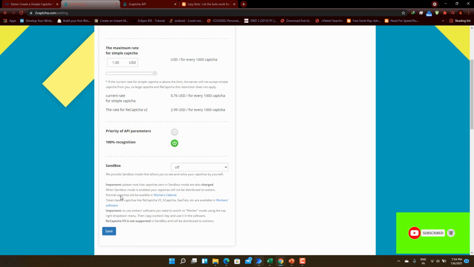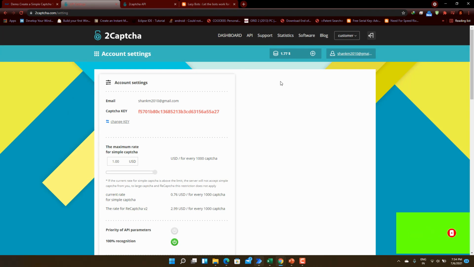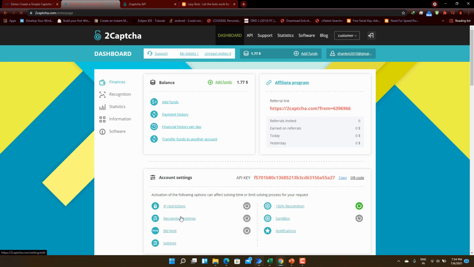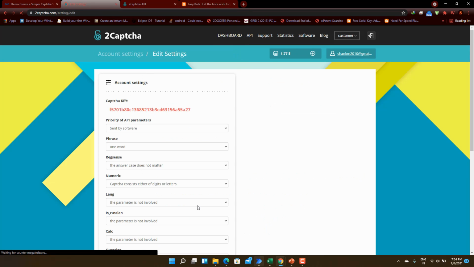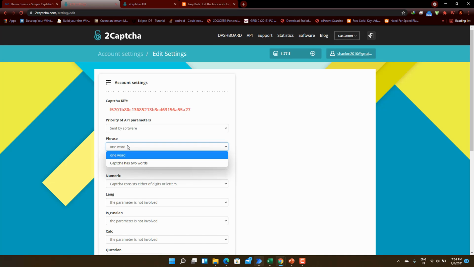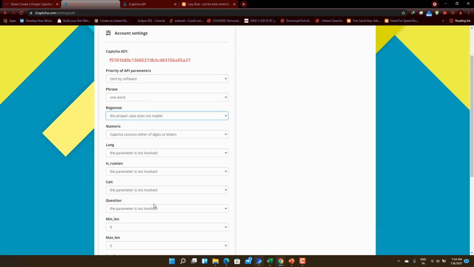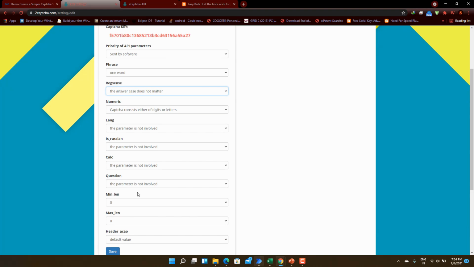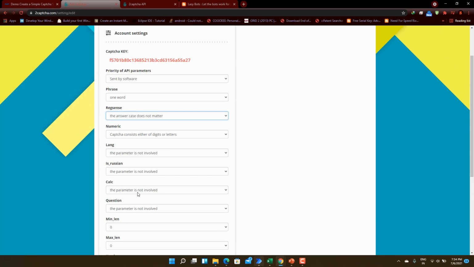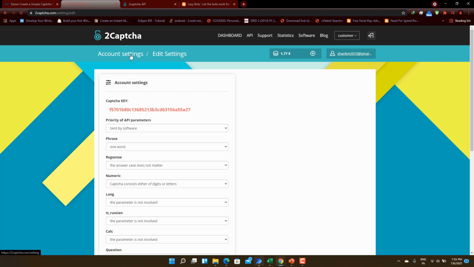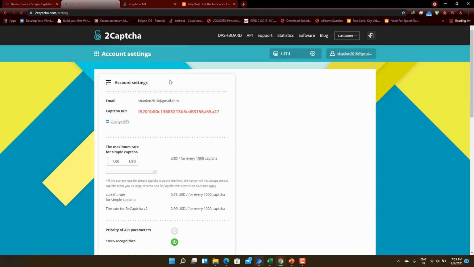And we can specify the recognition percentage also here. And in the dashboard we can see other options for the recognition. We can specify the priorities of parameters, specify whether it is one word or two words, numeric or any other language type specific, and whether it is a numeric captcha or question captcha, like that.